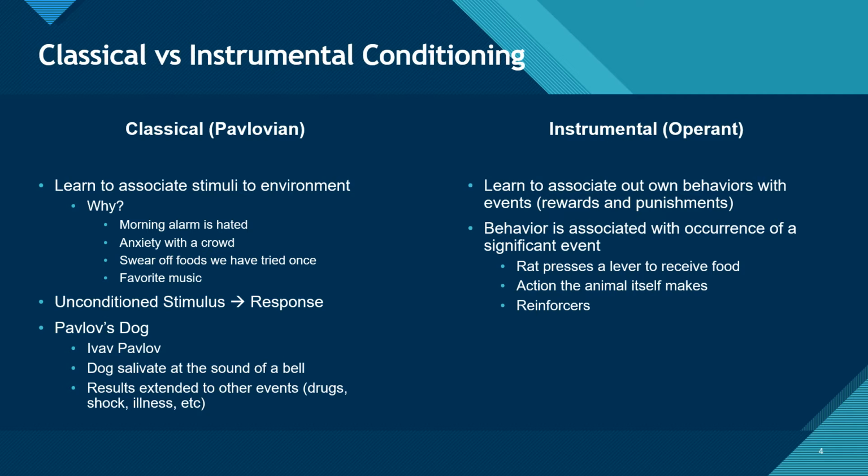The other type is operant or instrumental. You learn to associate your own behaviors with events. So rewards and punishment. You go, a rat presses a lever and it will receive food. But pressing a lever,